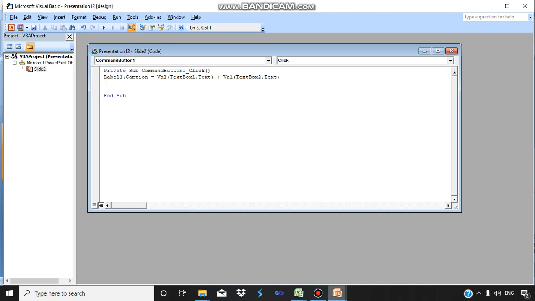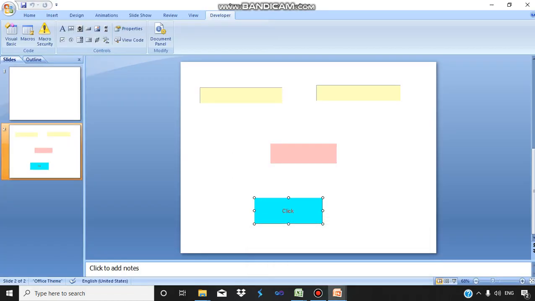Now let's come back to our presentation and do the slideshow. Towards your right bottom there is an icon of slideshow. You can select this icon and do the slideshow from here also. So let's give any two numbers.